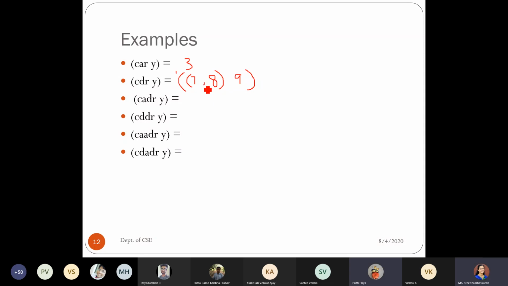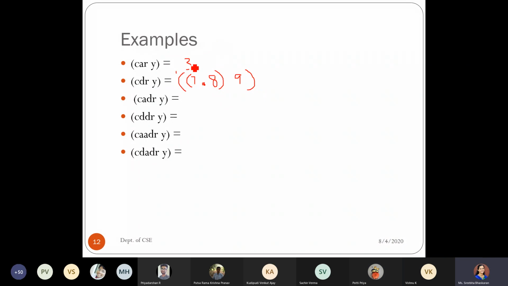Is this correct? I mean the dot. All of you agree? Yes, this is correct only.